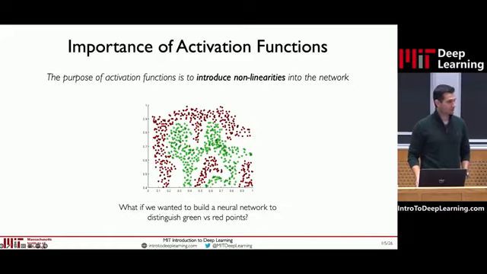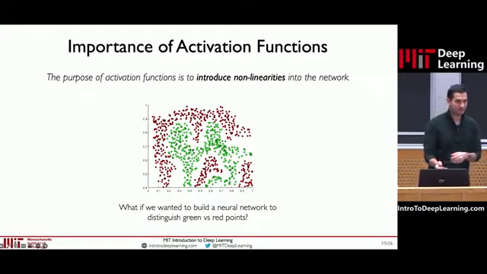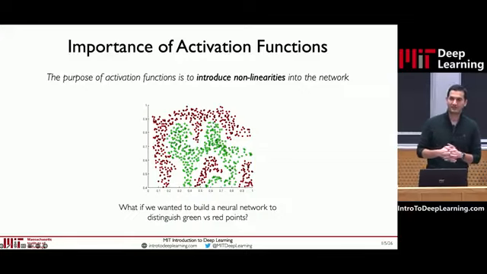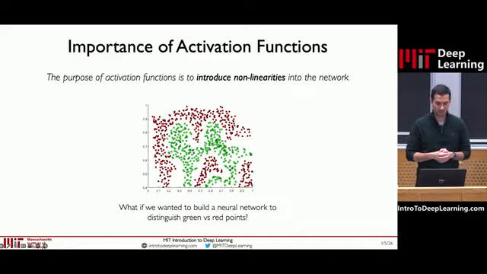Okay, so now why do we actually even need activation functions, right? Why not just directly use the dot product that comes from our weights and our inputs? The point of an activation function is precisely to introduce nonlinearities into our model, right? And why do we care about this? It's because real life is highly nonlinear. It's highly complex and dynamic.